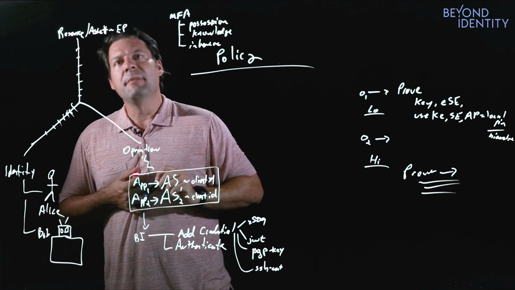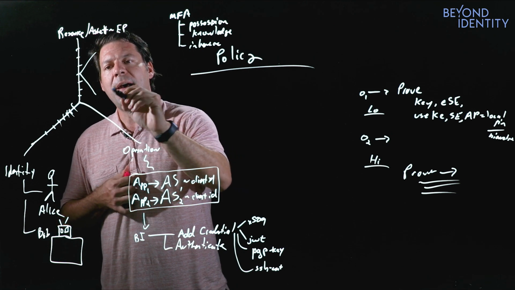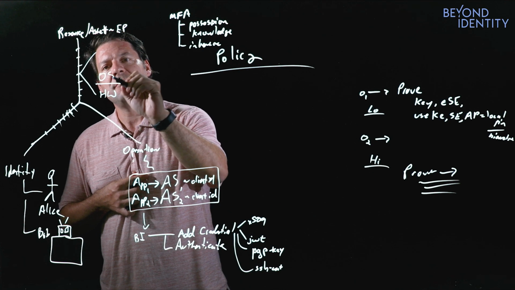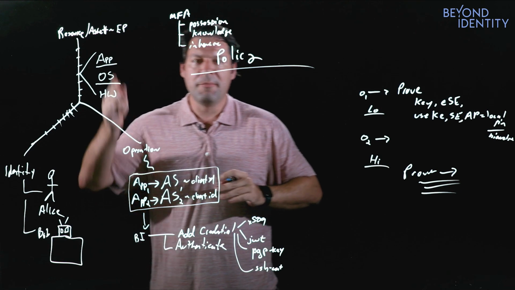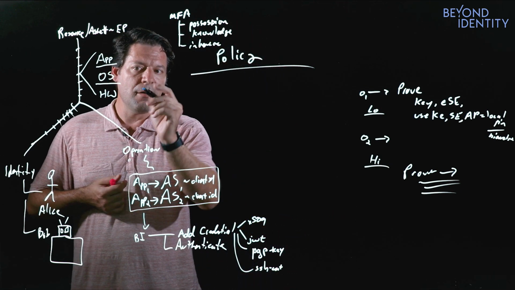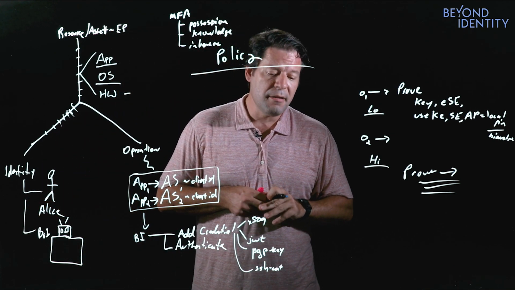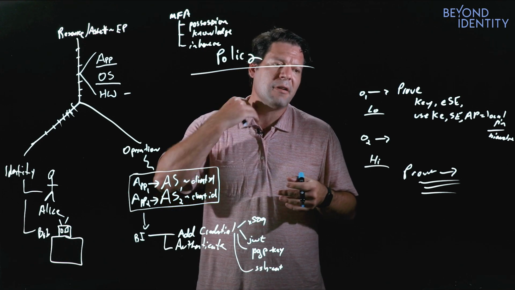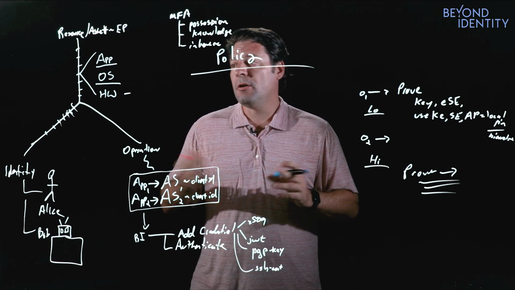Now, on the resource asset dimension, what that basically looks like is, imagine our classic stack. Down here we have hardware. On top of the hardware sits an operating system. And on top of that operating system sits an application. Turns out every endpoint is going to have that hierarchy because guess what? They're all computers. So maybe there are certain pieces of hardware that I view as secure and unsecure. Maybe there are certain bits of hardware that I just view as high trust, and other bits of hardware I just don't have an opinion on, right? So what would an example of that be? A great example of that would be,